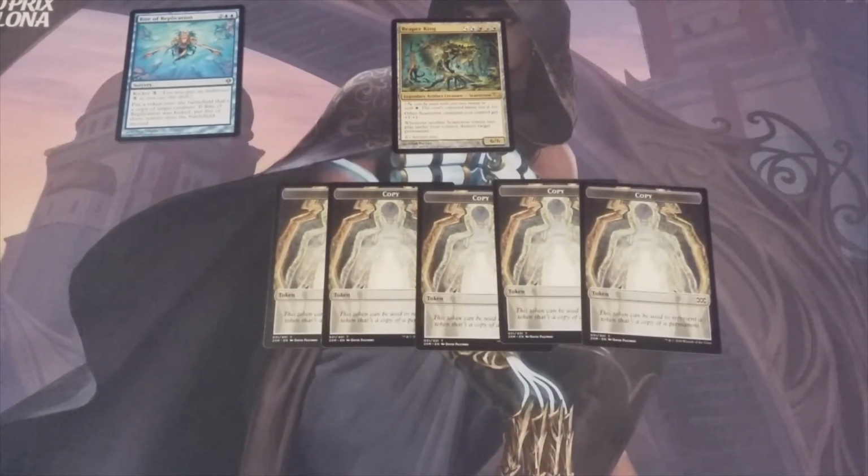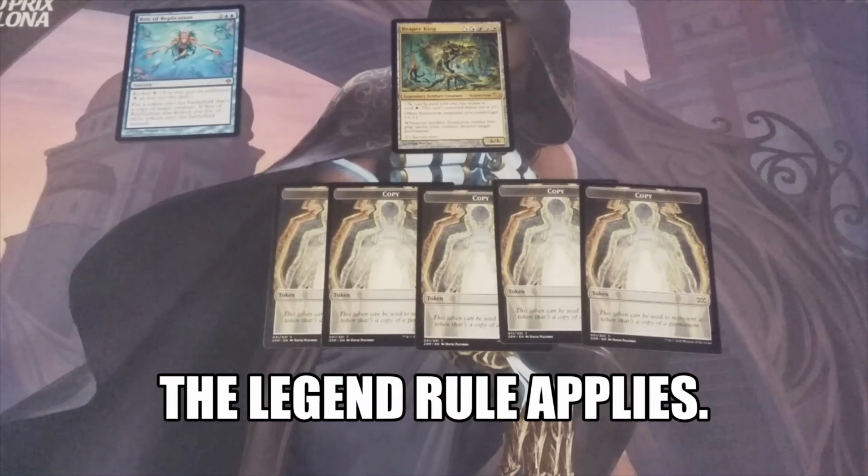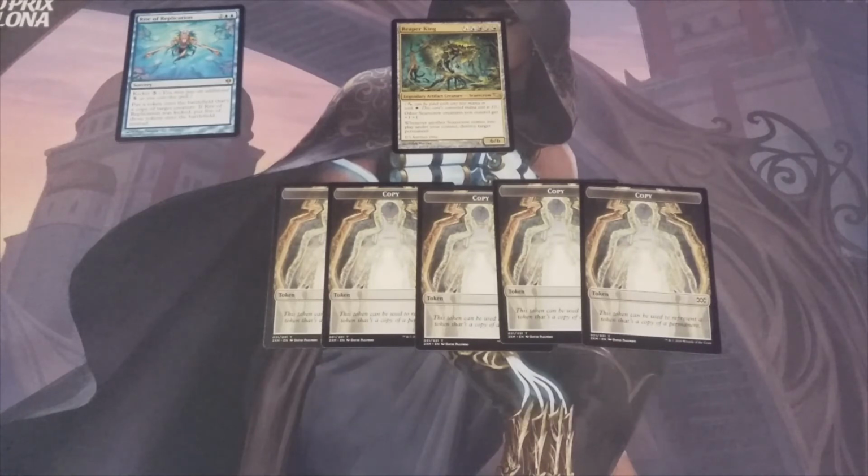A kicked Rite of Replication targeting the Reaper King will create 5 token copies of the creature. The legend rule applies, and all but one of the Reaper King creatures die. We choose the 5 creature tokens. Each of these 5 creature tokens will trigger the original Reaper King 5 times when they enter the battlefield. Although the 5 creature tokens die immediately due to the legend rule, each is triggered by the other 4 creature